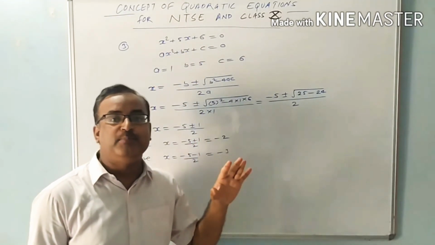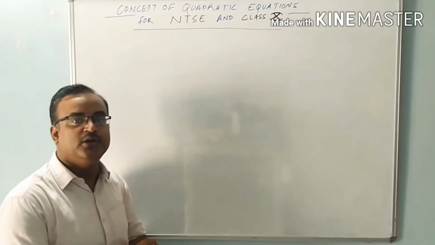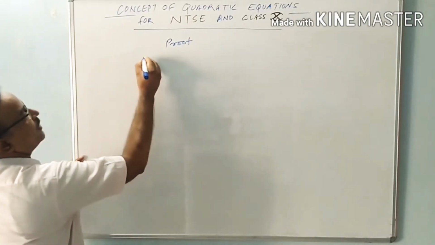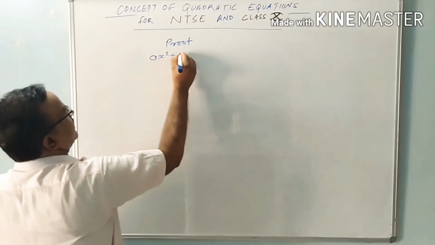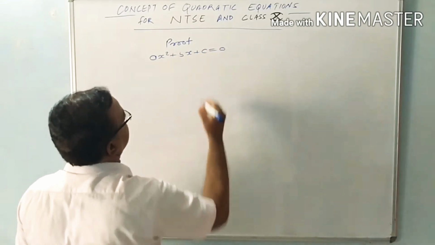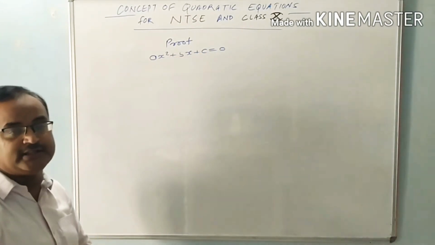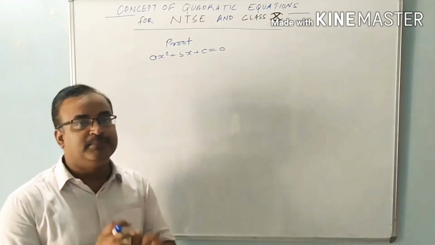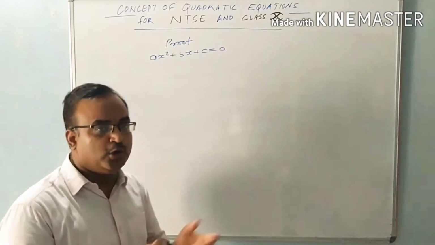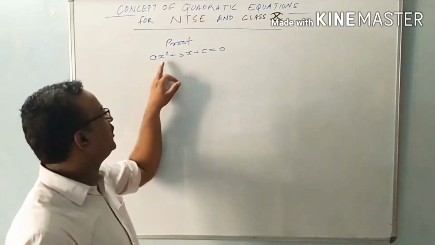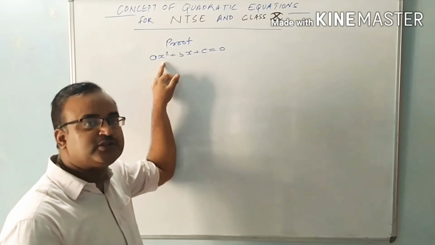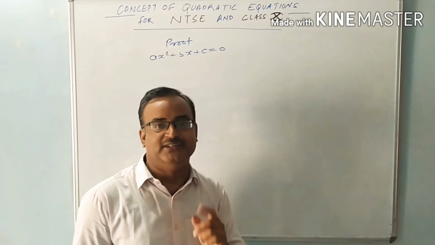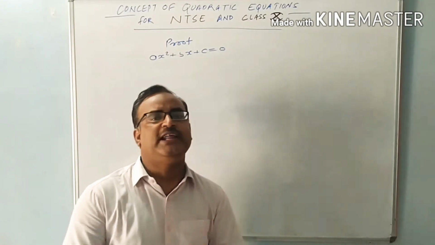And now I will prove this quadratic formula. Now the proof of the quadratic formula. So what is the proof? ax square plus bx plus c is equal to 0 is the general equation of a quadratic. In order to prove the quadratic formula, we have to use the completing square method. I told you before, first of all, we will see the coefficient of x square. The coefficient of x square should be 1. But now you can see the coefficient of x square is not 1. It is a. So first of all, we will take common a.